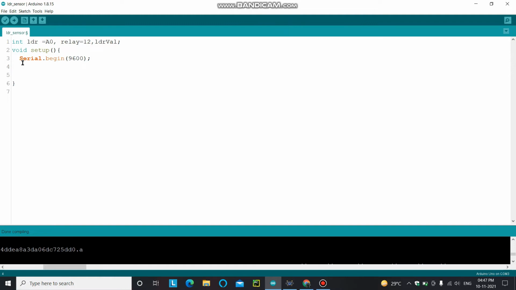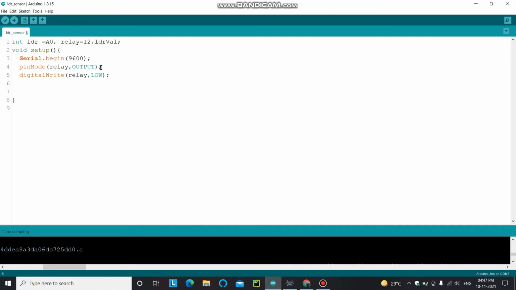Now using the pinMode function, you have to define the relay pin as the output pin. Initially you have to set this relay pin to the low state, so for that you have to write digitalWrite relay LOW.